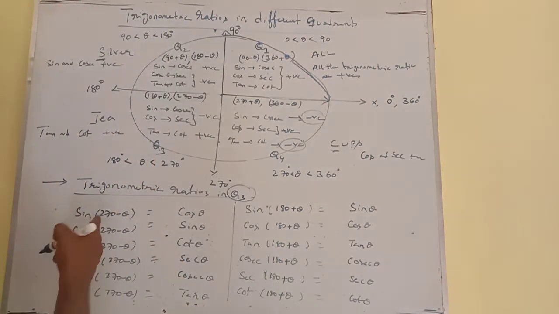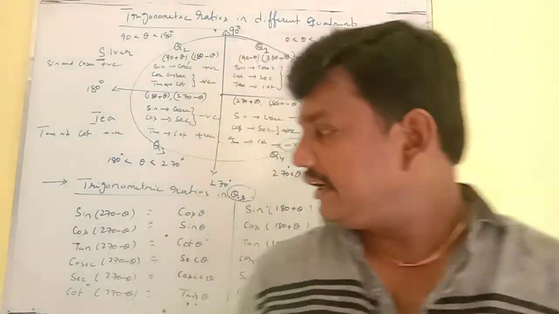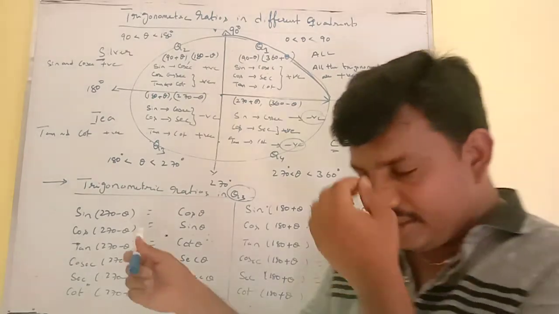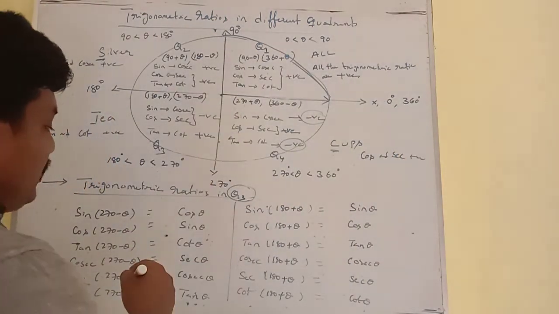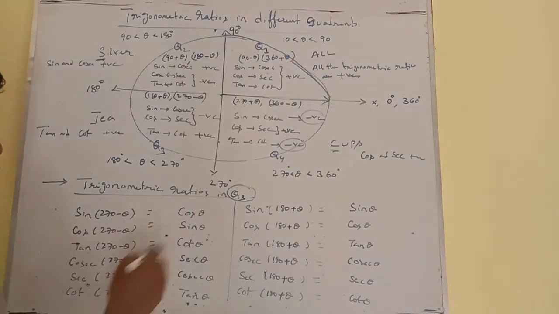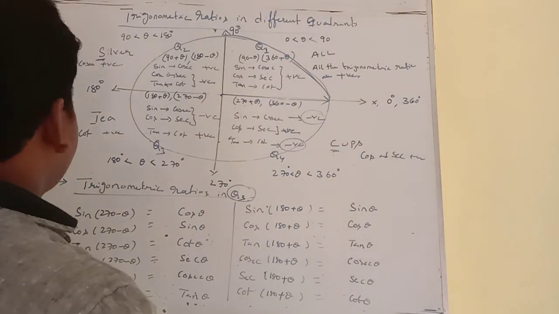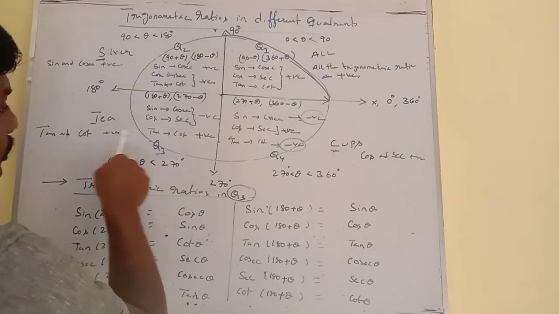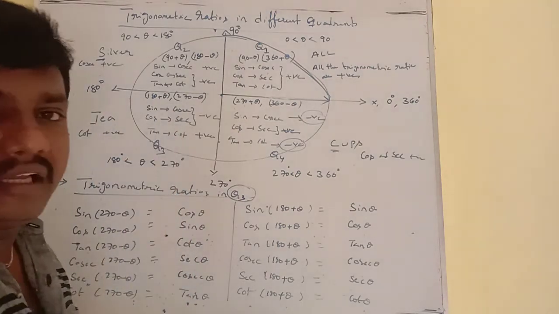Now this is odd multiples of 90, because 90 is multiplied by 3, we get 270. So when it is odd multiples of 90, we are getting complementary ratios. But which sign is important here? The sign in the third quadrant is tan and cot will give positive, and the remaining 4 trigonometric ratios will become negative.